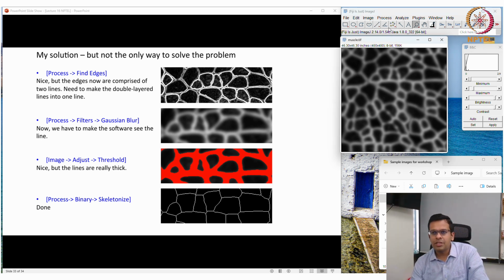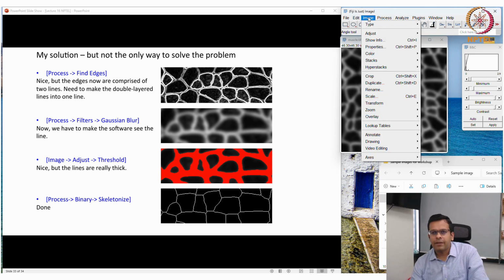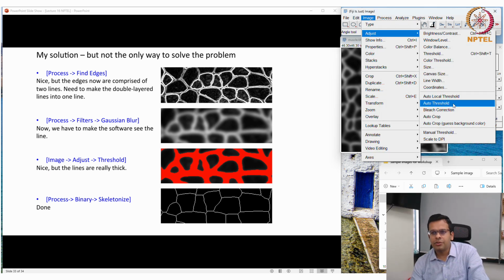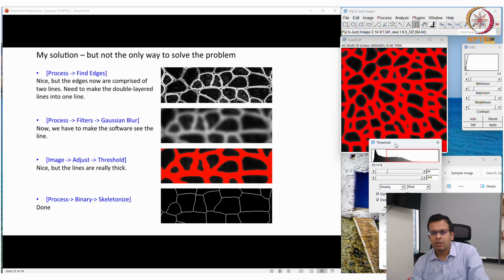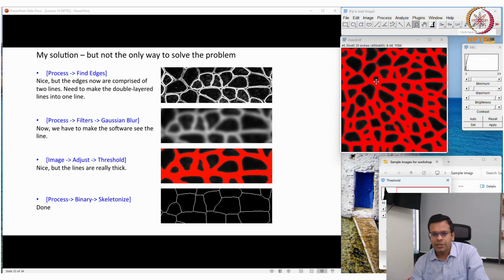Now the third operation that I will use is the thresholding. So go to image, adjust, and threshold. And by thresholding I have to make sure that all these lines are detected. For that also I can go for different algorithms.